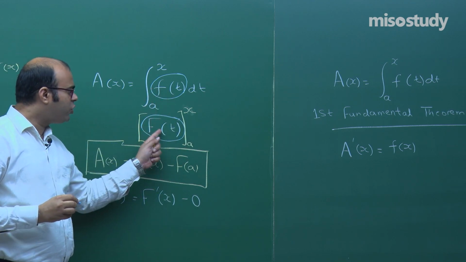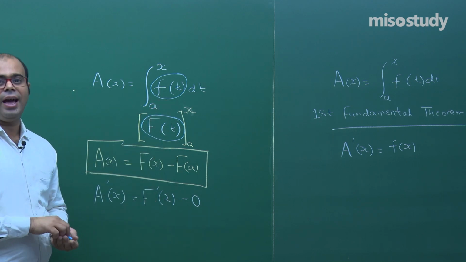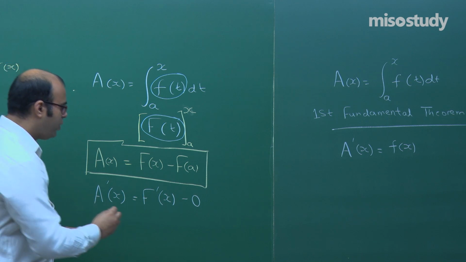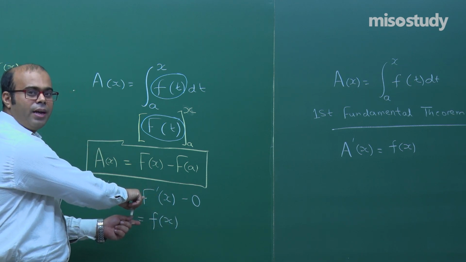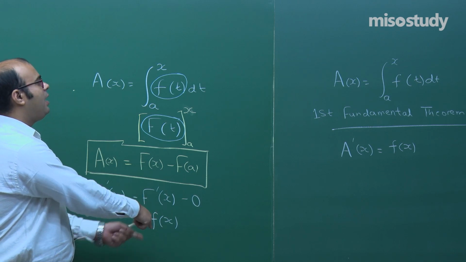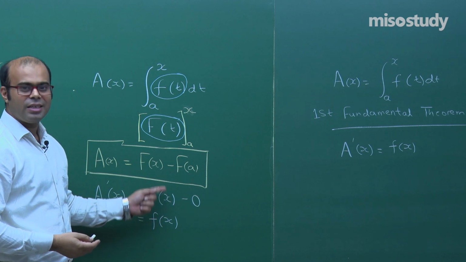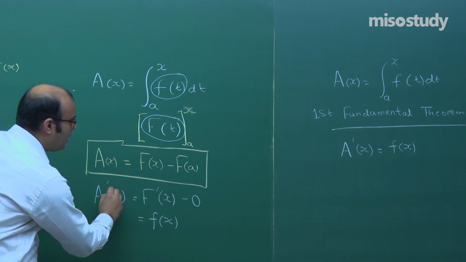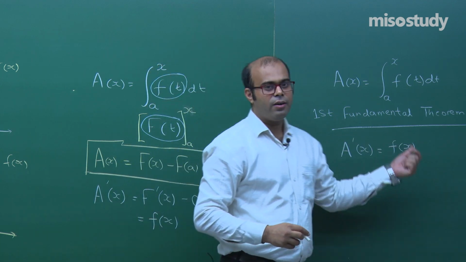So if we differentiate this, we should get this. If we differentiate capital Fx, we should get a small fx. So the derivative of capital Fx is a small fx, and the integral of a small ft is capital Ft. So the variable retains as it is. So we can say that A dash x is equal to fx, as we called it, the first fundamental